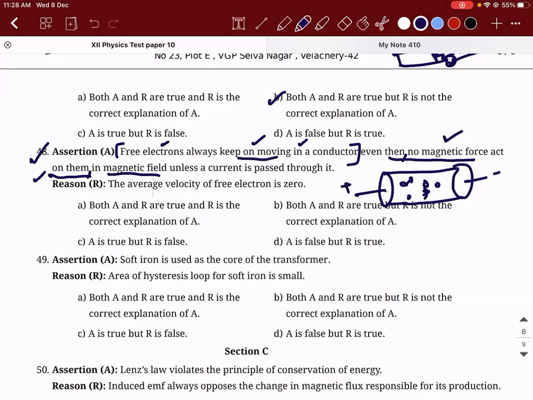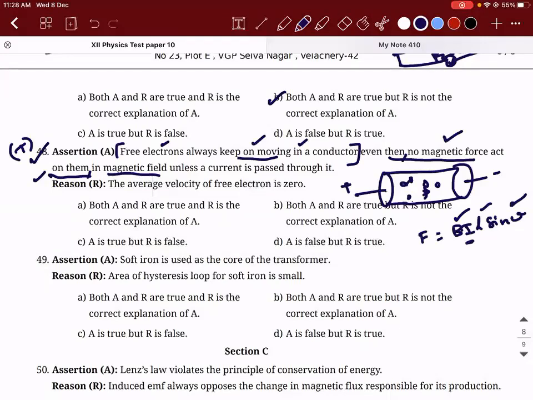Then you take the system and place it in a magnetic field. Will it experience force? Because what does the force say? Force in a magnetic field is BIL sin theta. Magnetic field is there, the conductor will have length, you can place it at a certain angle which is a non-zero value. But what about current? Is current flowing through this kind of device? The answer is no. So whatever they say is a right thing.